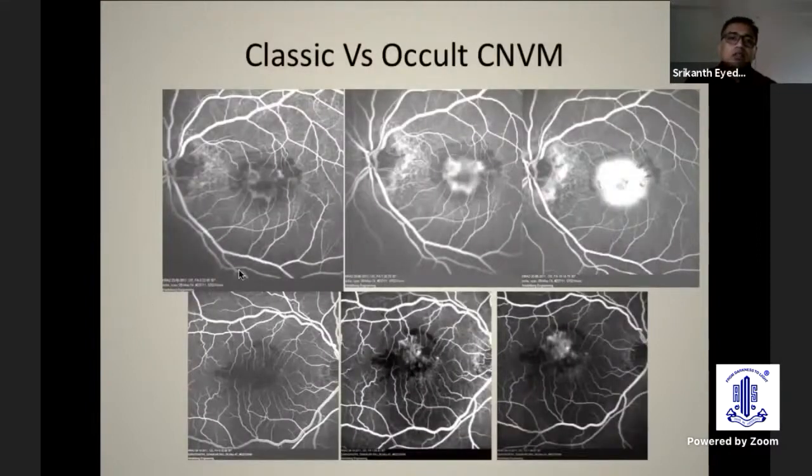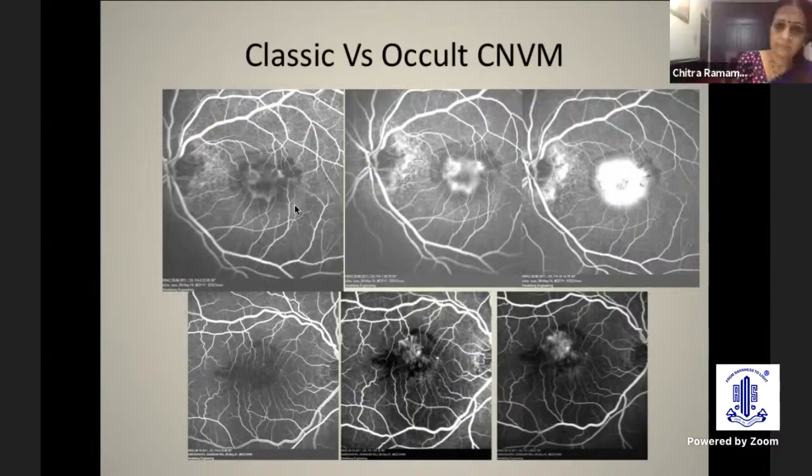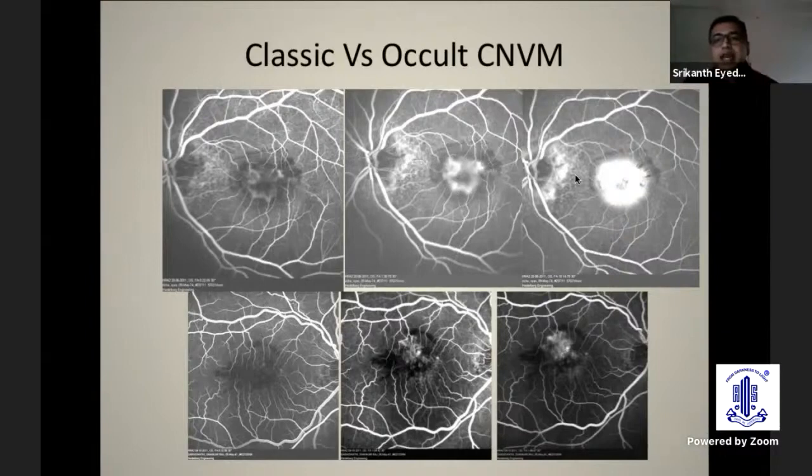So let's go to the hyperfluorescence types. Here, this is one very classic example of a classic versus an occult CNVM. In a classic CNVM, you can see that there is a filling of the lesion in the very early phase, what we call classically described as a lacy pattern of dye filling. The entire lesion fills up during the early arterial phase itself, and the lesion borders are very indistinct and feathery, and they start to increase in size. And by the end of the fluorescent angiogram, the entire lesion lights up, and you can see the entire size